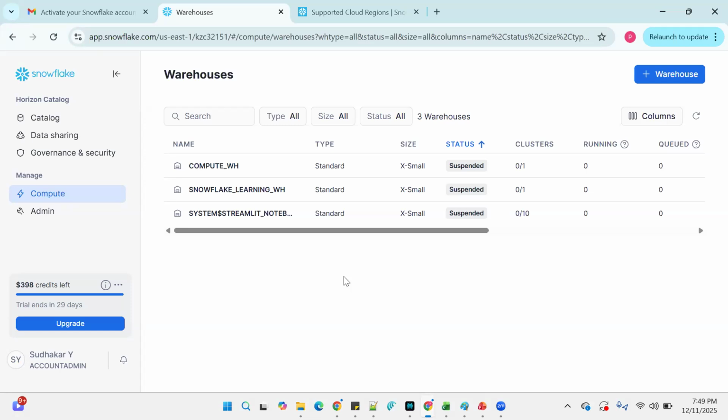Instead, there is an option called auto suspend. You need to keep some window. For example, let's say give 5 minutes. If for 5 minutes my warehouse is idle,